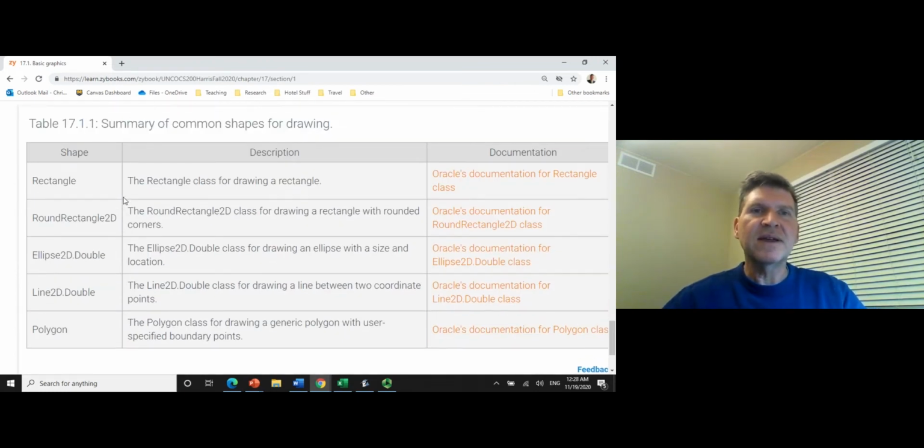Here are some of the common shapes that we draw. Typically, we will draw a rectangle or a round rectangle in 2D. There's the ellipse, there's the line, and the polygon. Of course, the polygon is going to be rather cumbersome to draw, and you can just imagine how detailed